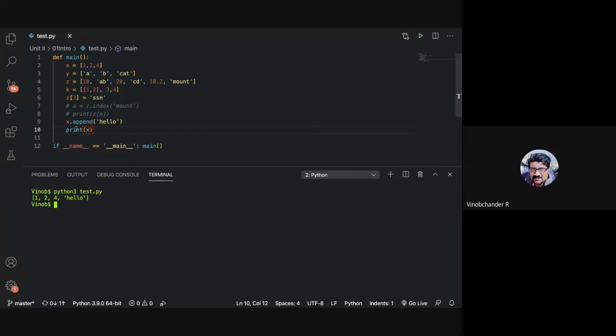Sir, the comma in the X list after 4 will be automatically generated. Yes, it will be automatically generated.